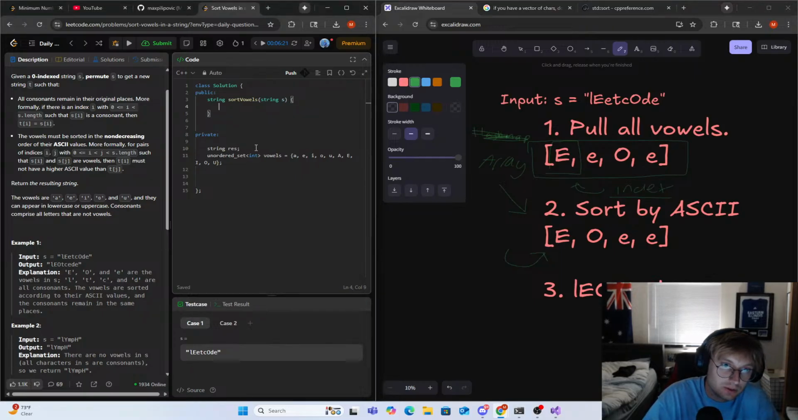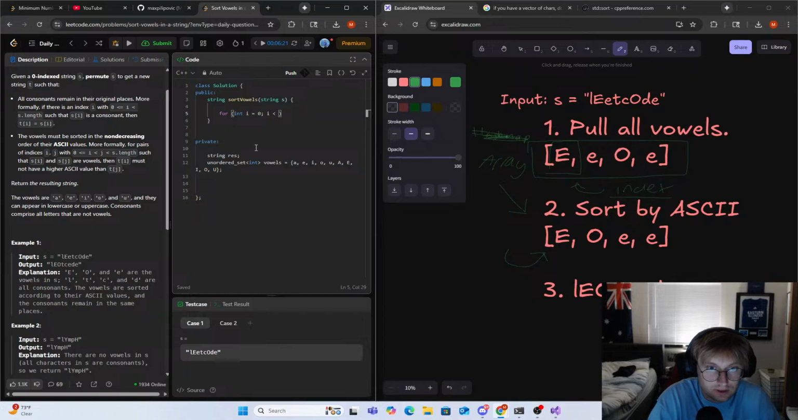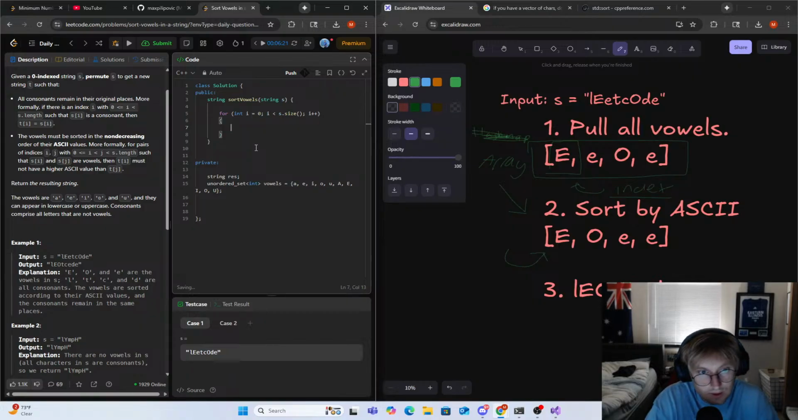And just think about it as we go, right? So let's loop here: for int i equals 0, i less than s.size, i++. We want to do an actual loop because we want access to the index. Then I would probably do, okay, well,